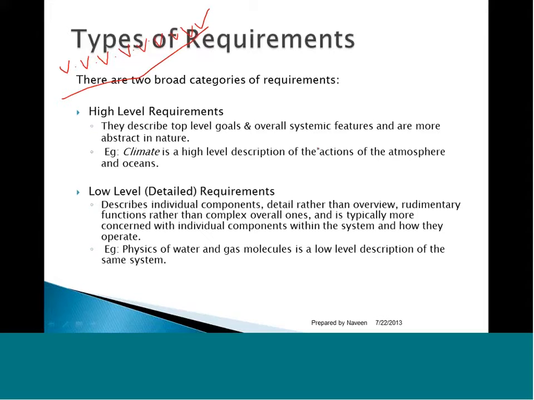So what is a requirement? A requirement is a condition or a capability that a system must conform to. There are two broad categories of requirements. All requirements can be categorized into two groups. Number one, high-level requirements. Number two, low-level requirements. What are high-level requirements? They describe top-level goals, overall systemic features, and are more abstract in nature. Then what about low-level requirements? They describe individual components. They are detailed rather than overview. They are rudimentary functions rather than complex overall ones, and are typically concerned with individual components within the system and